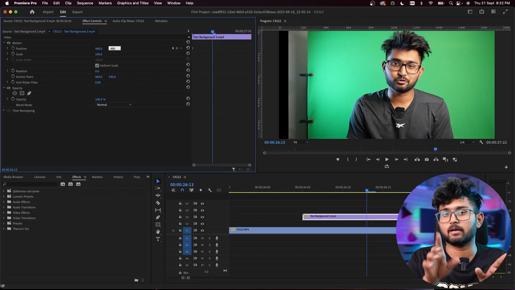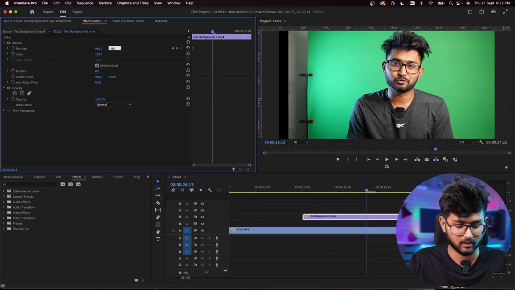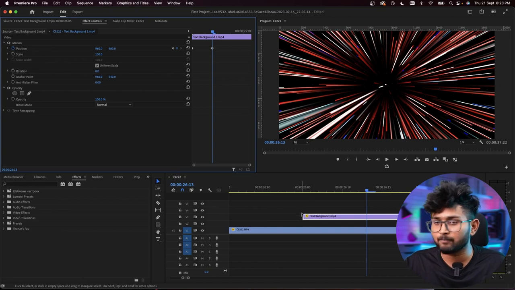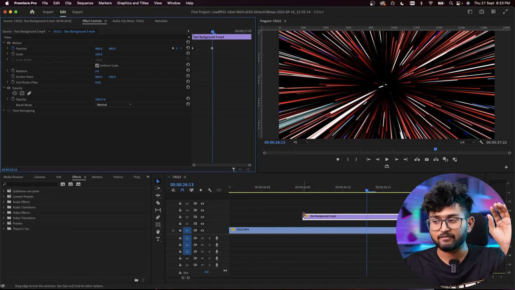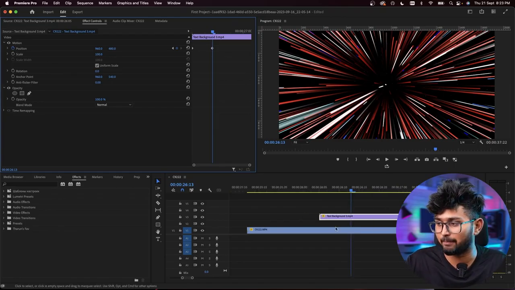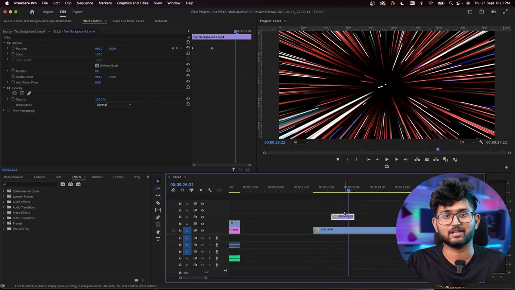What is normal, ladies and gentlemen? This is a 960 pixel frame, so half of 960 is 480. You click 480, and you have this inside the frame entirely. So what exactly happened was, in the beginning you removed it, and after 8 frames you brought it back to the center. Now just see what happened: Tarun was talking and you have a frame coming inside the screen.